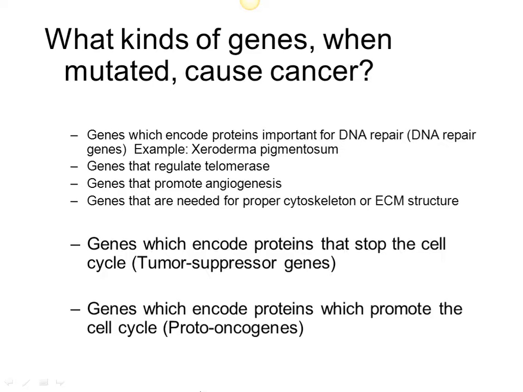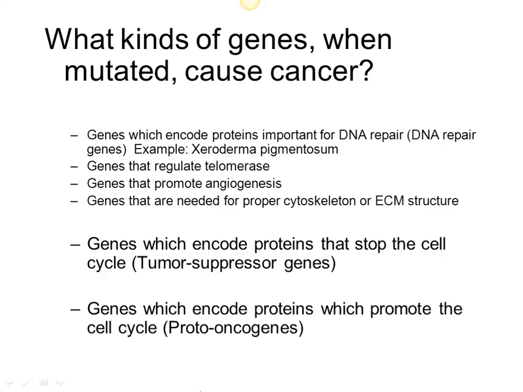And those genes are really important. When they mutate, that's when a cell is able to leave its primary location and move to other locations or become malignant. But the two major groups of genes that we're going to focus on are the tumor-suppressor genes and